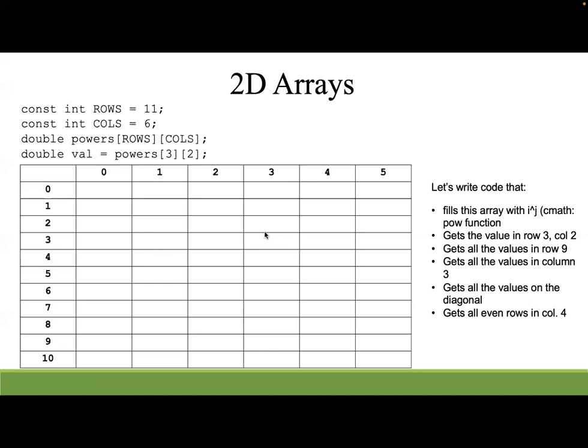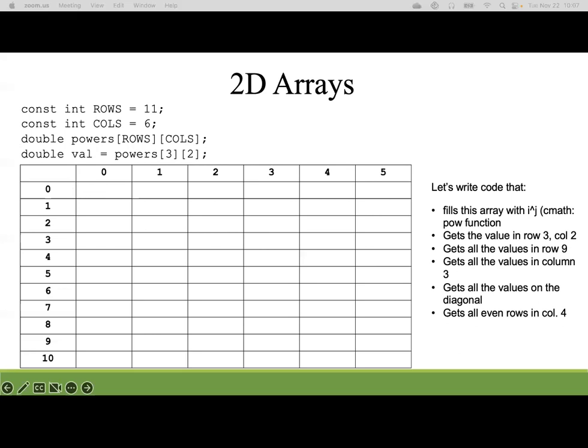So here we're going to look at a bigger example where we're going to write some code to fill this array with some values. And here we're using like i to the j, and then get values in specific areas. So I'm going to open up a